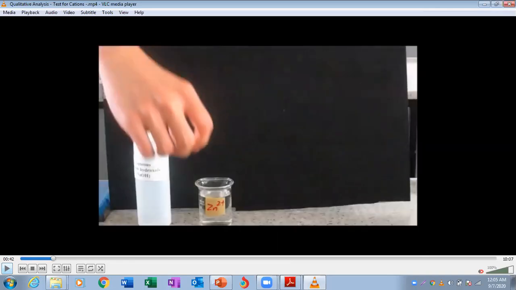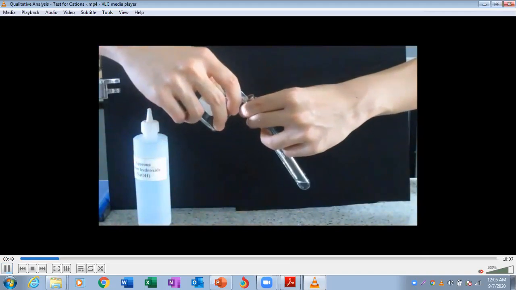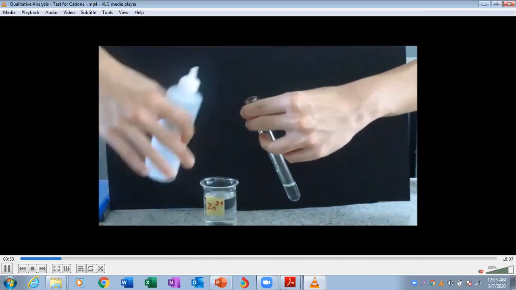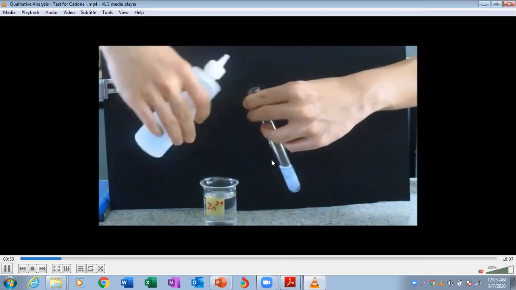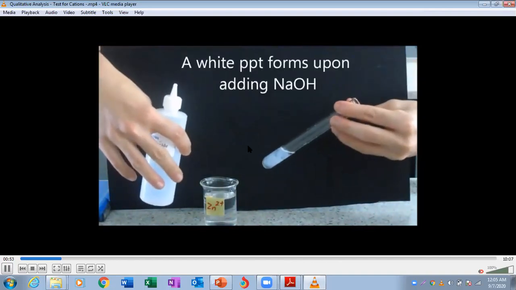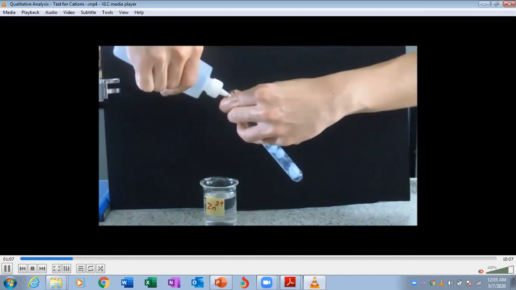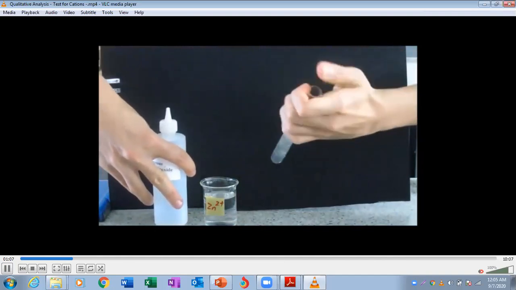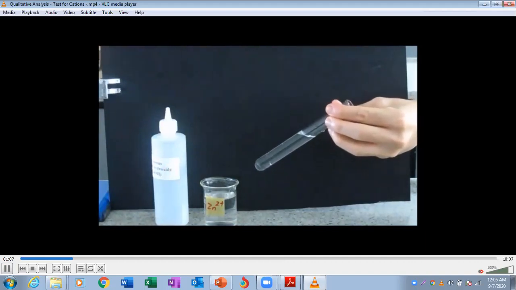Moving to the zinc ion. Now this is what? This is the zinc ion or the zinc solution, the solution which gives the zinc 2 positive ion, on adding little quantity of sodium hydroxide. The same thing, look at here. What is the color? The white precipitates are producing. On adding some more sodium hydroxide, the same result. Like aluminum, the white precipitate has been dissolved. Okay, write down all these results.